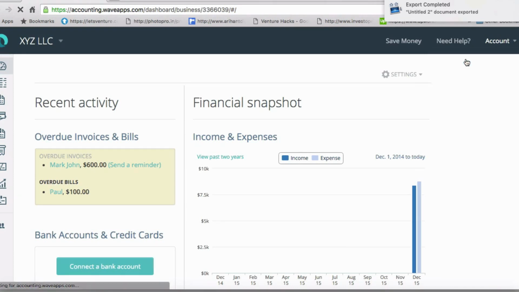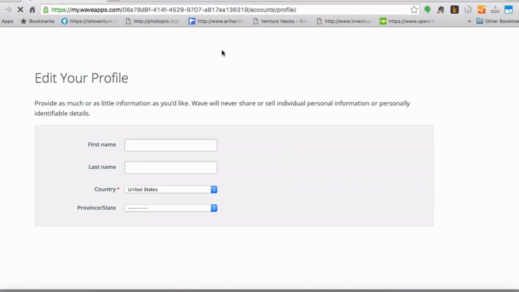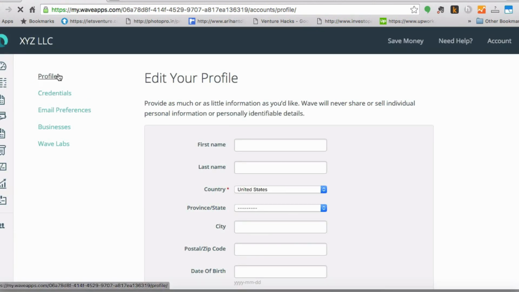Now click on your profile. Just a second, it's getting downloaded. So this gives you an option for your profile, credential, email preferences, businesses. Now come to this option for businesses.